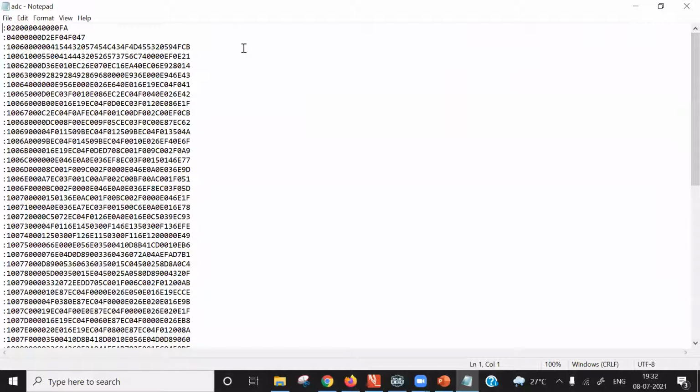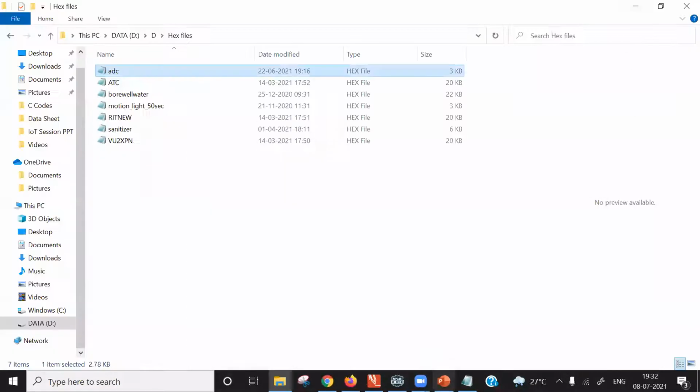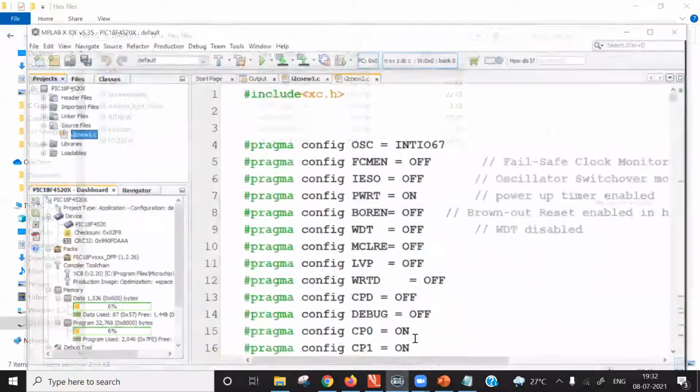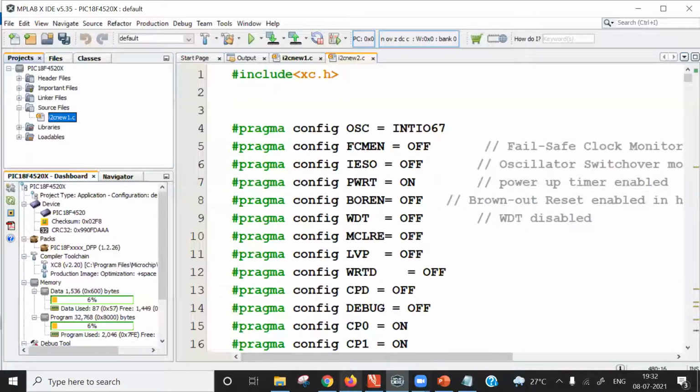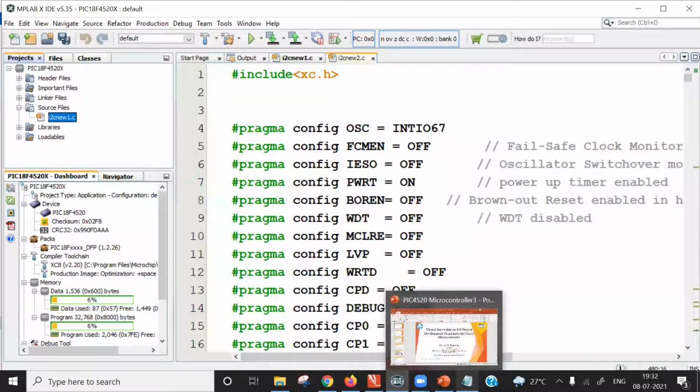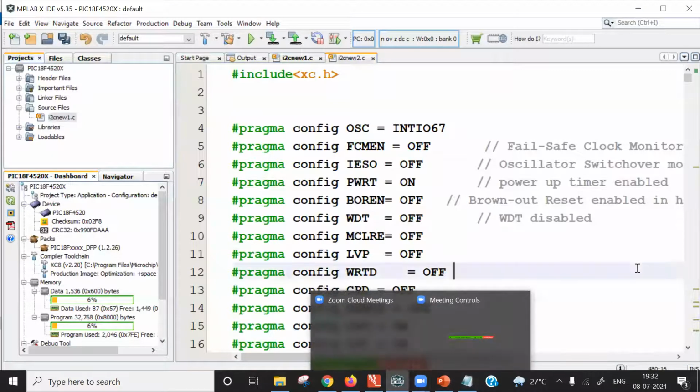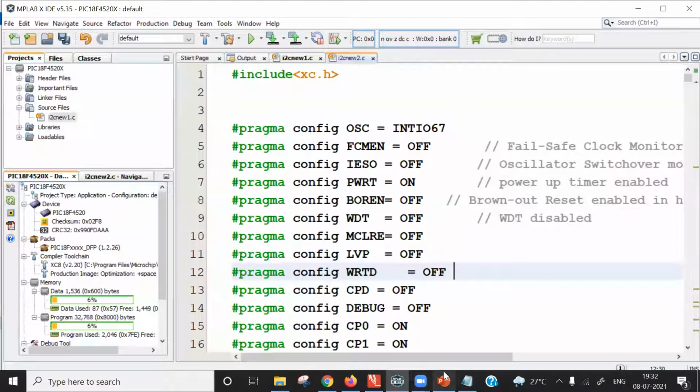This file we download into the PIC microcontroller using a programmer. So a hex file is not used anywhere in MPLAB X IDE or MPLAB software. I hope, Mr. Shivam, your question is addressed.